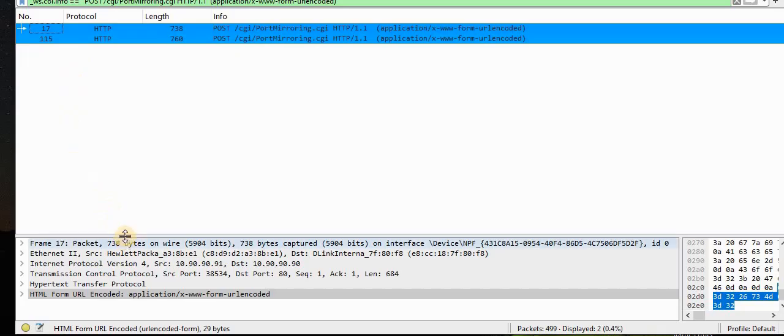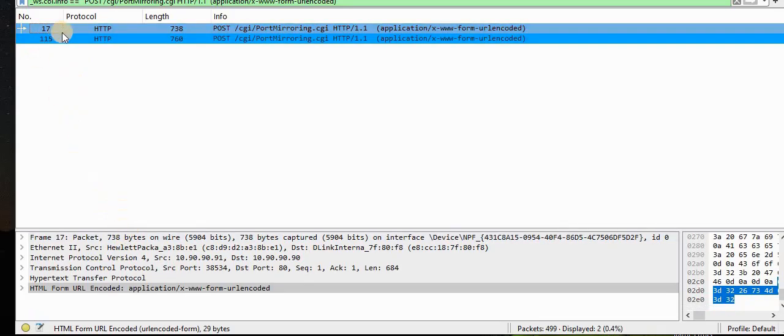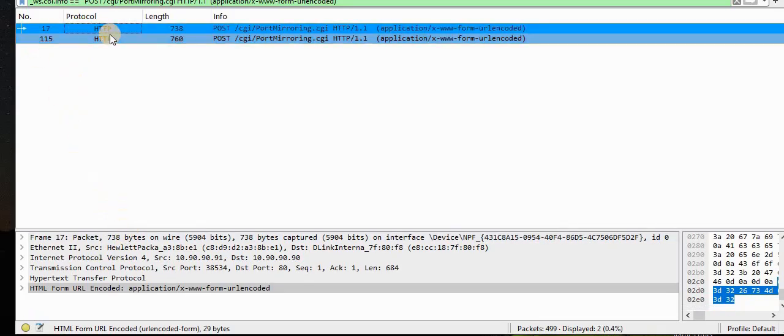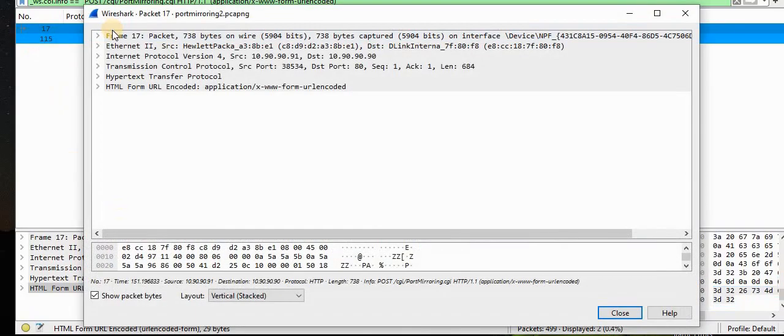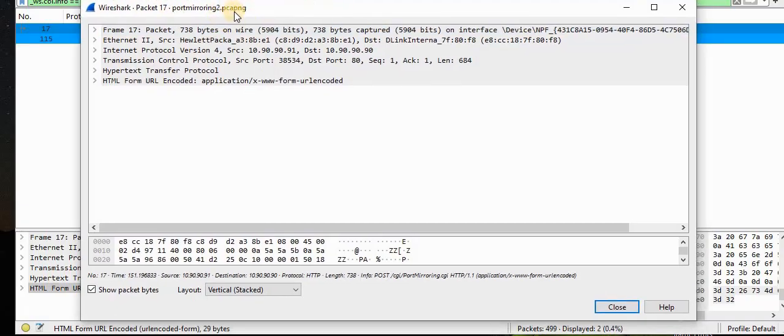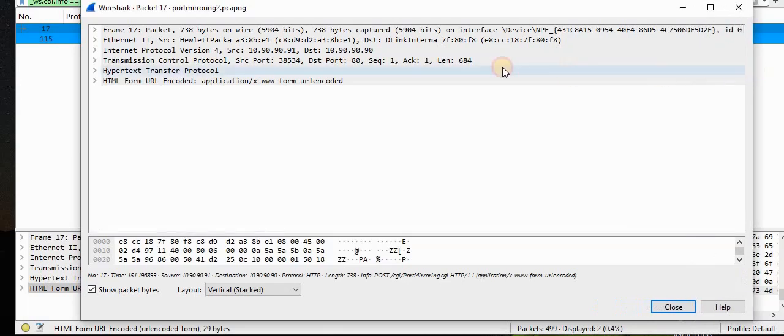And then from this point, what I could do is just highlight whatever HTTP traffic I want to look at. It's right there. And I'll double click it and it'll open up a new window and you'll see it's a PCAPNG file. Packet number 17 is what I am reviewing. And I'll just make this a little longer here. So I am just going to drill down in all of these little sections here and just kind of review